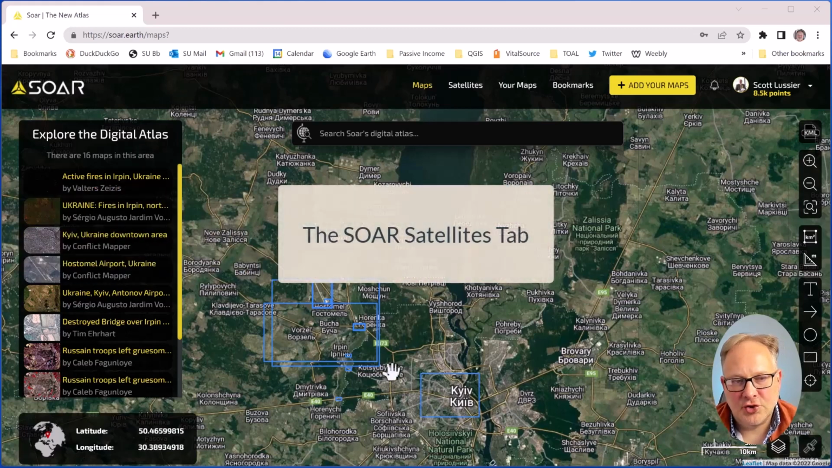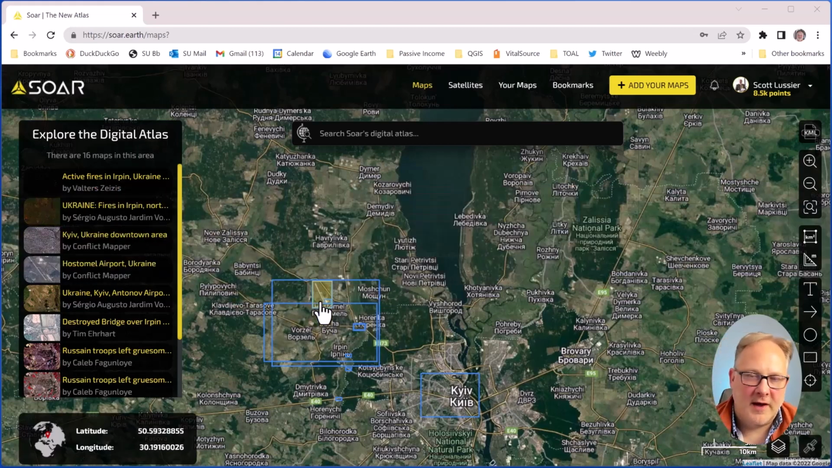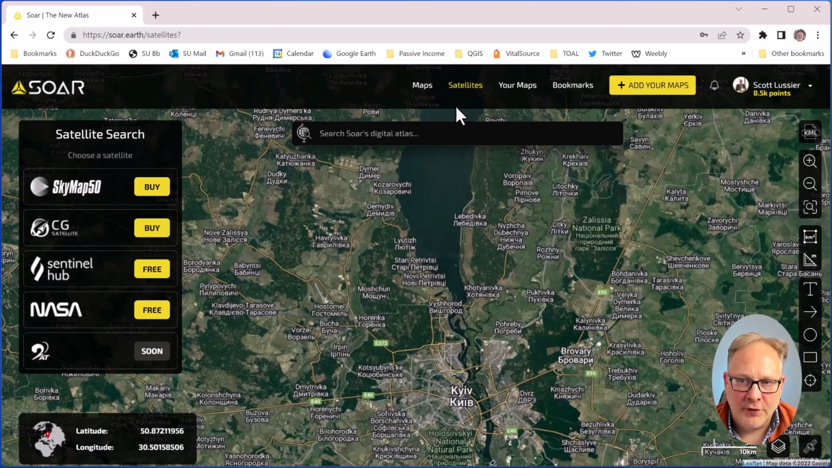Satellite imagery in Soar is a joy to work with. I use it all the time. This is how I get my satellite imagery now. It's really a slick system. I love it. So if you go to the Satellites tab, you get 4 different options as to where you